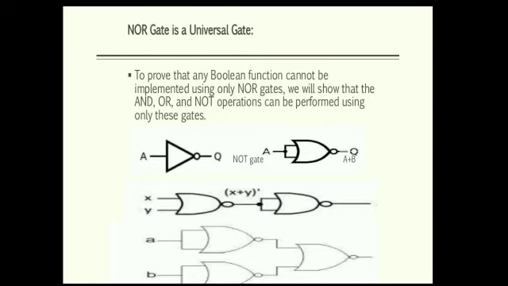The other universal gate is known as NOR gate. It also works as AND gate, OR gate, or NOT gate. Just the arrangement differs from the previous one. Here the AND gate is shown differently, whereas the OR gate is shown differently. If we arrange them in series, then we are implementing the OR gate, or if we arrange two parallel NOR gates and combine them with a third NOR gate, we get the AND gate.